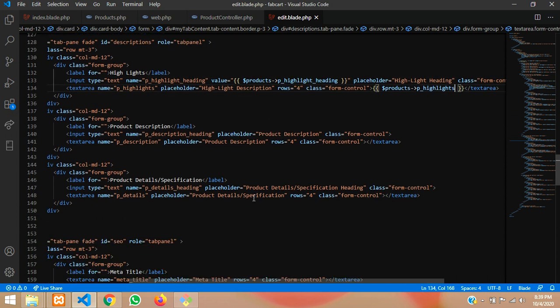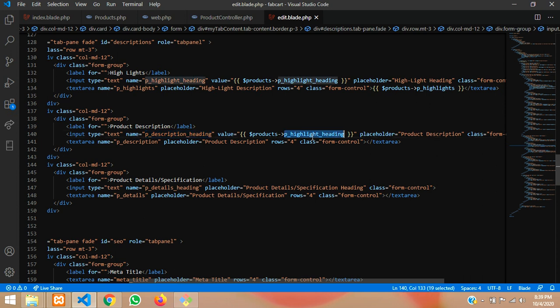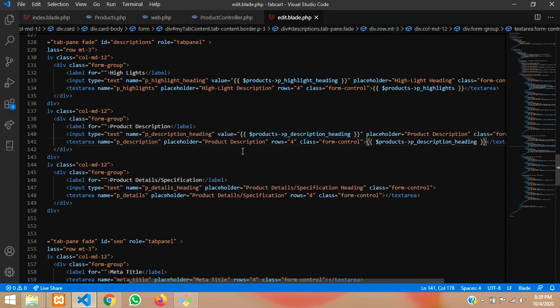So same way you have to update everything. Once updated, let's copy paste. Okay, p description, and then we'll copy this, and here also we are going to paste p description.